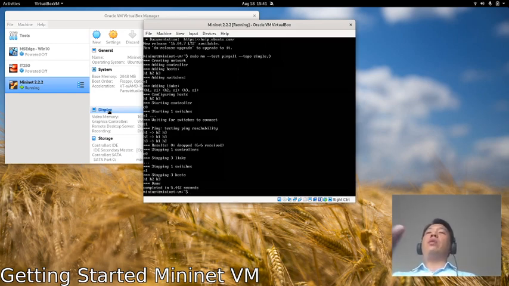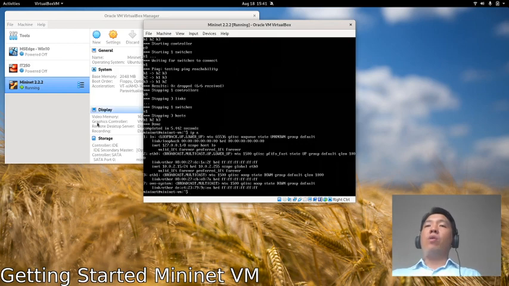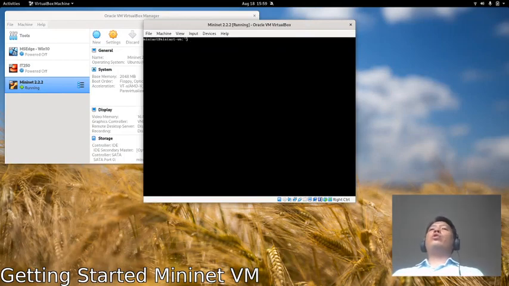Now the problem you see right here is that the text and the font is not very nice, and I can't do copy paste, so it's very difficult. So what you can do is get the IP address of your host-only interface. So here you will see eth0. Basically we need to be able to boot or load the second interface of the network interface card, which was not booted. You can do that by editing a file called